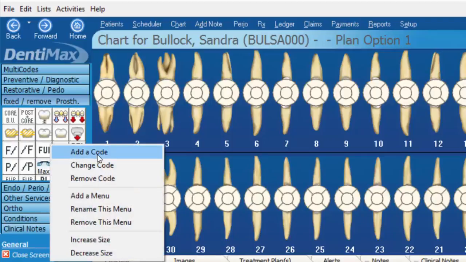I can add a code, which is essentially adding a button, change an existing button, or remove a button, and these all say codes. These buttons are all attached to a specific procedure code in the software. If you can make a code for something, you can make it a button. So a lot of doctors ask me, can I add a button for the toothpaste that I sell? Yes, absolutely. Just make sure you have a code for it in your program, and then you can add that